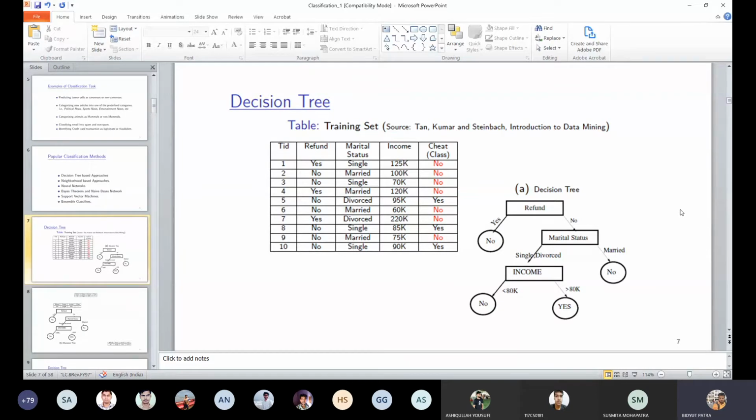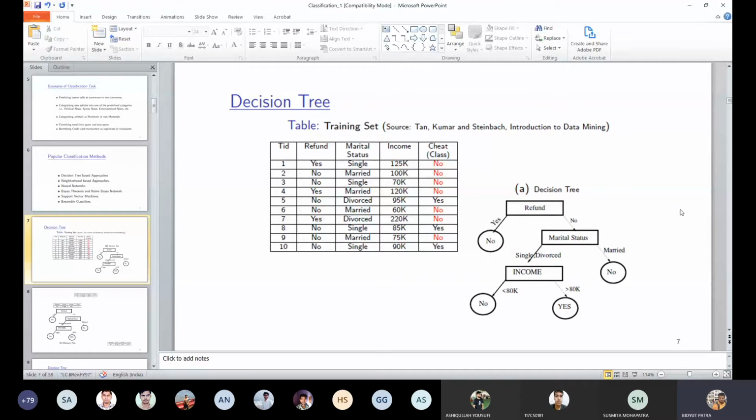The working principle of a classification technique, if you remember correctly, has three steps. First, it should have the training data set, and the table here is nothing but the training data set. What is in the training data set? We have the objects and their class labels. If you look closely at the table, we have the transaction ID, TID.